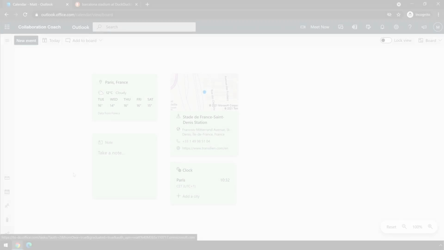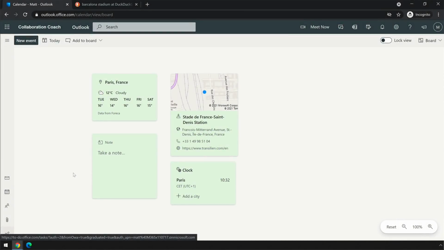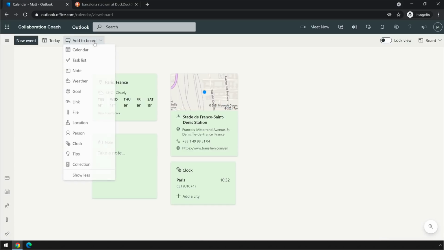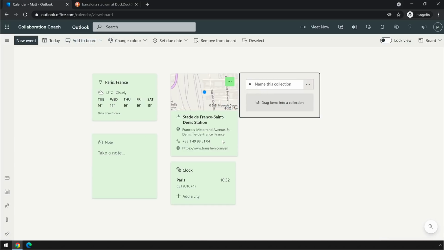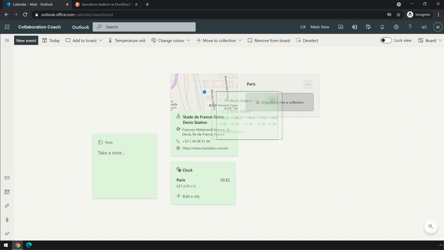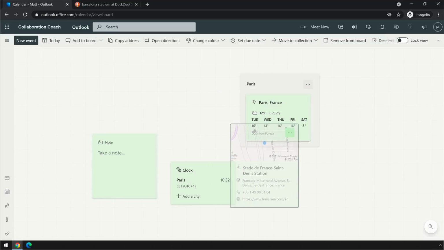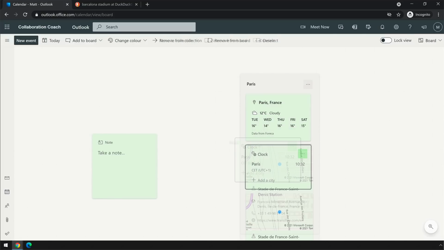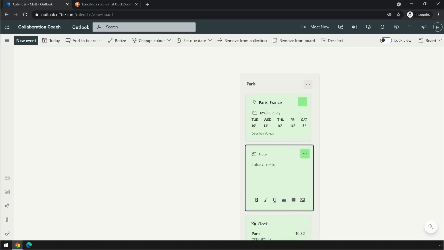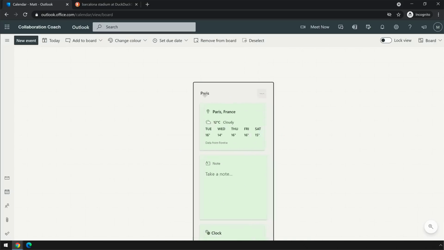And finally, collections can bring all your widgets together. You can add a collection to the board and then add widgets to the collection, and then that becomes a group that can be moved around as one. You can only add widgets to your collection vertically though. So you end up with a long line of widgets, and I think it would be nice to be able to resize a collection horizontally too.